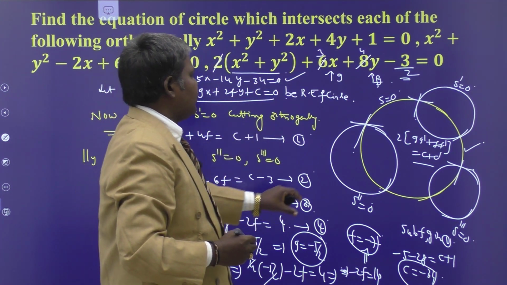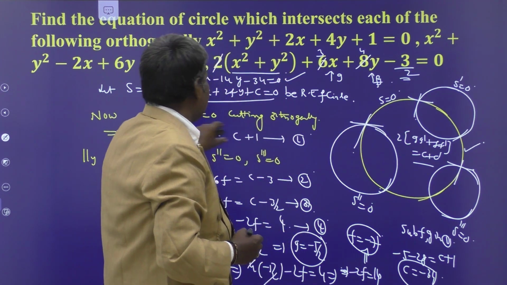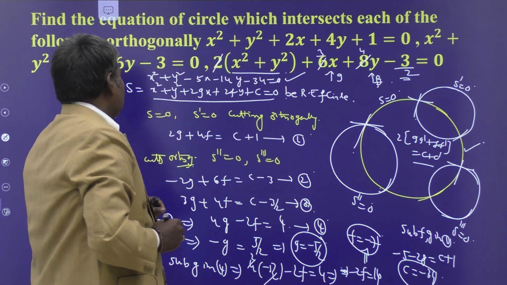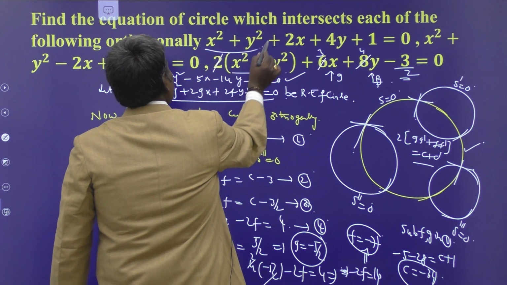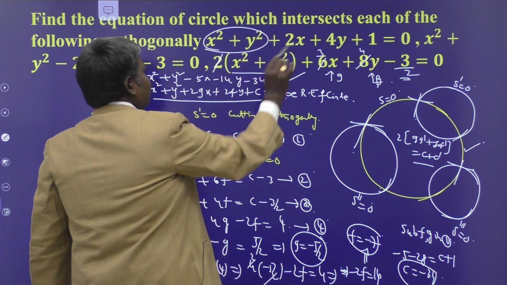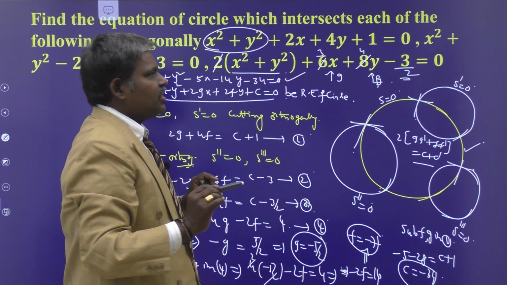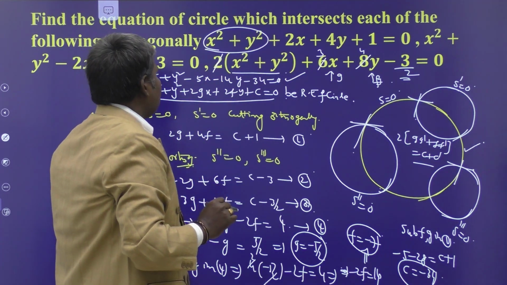But in your examinations, you have to mention the condition and then write the condition itself. Otherwise you may lose the marks. So how to write the shortcut way? Leave x square plus y square first of all, and before leaving the x square plus y square, your equation must and should be in the standard form, otherwise you get the wrong equation.